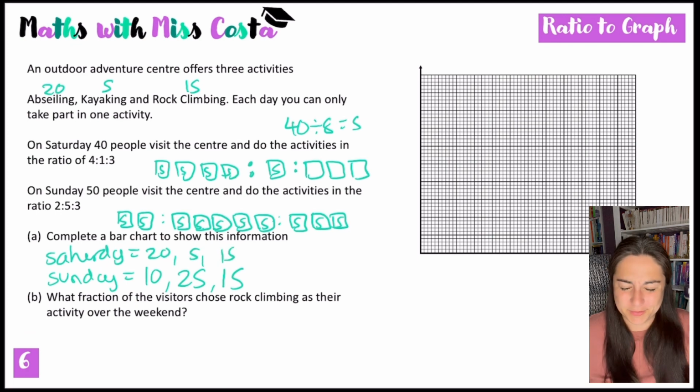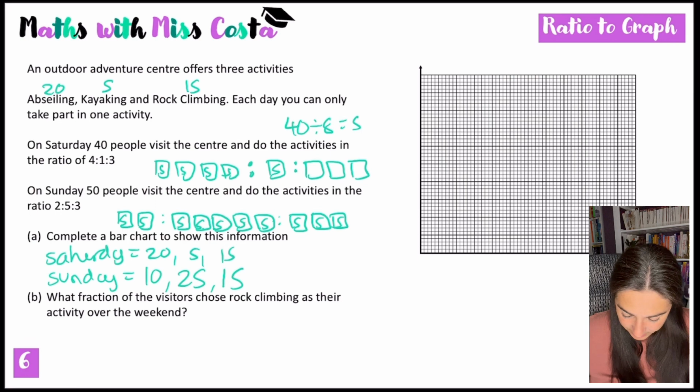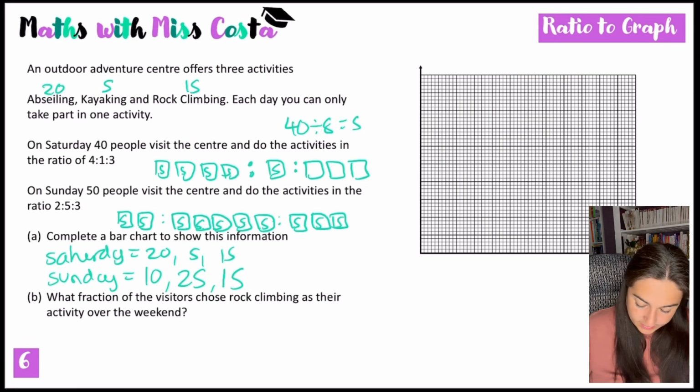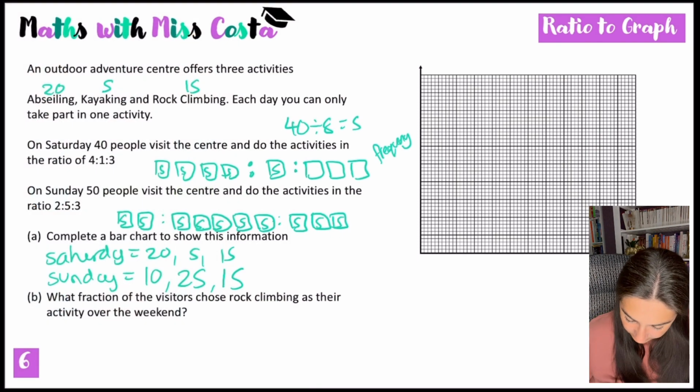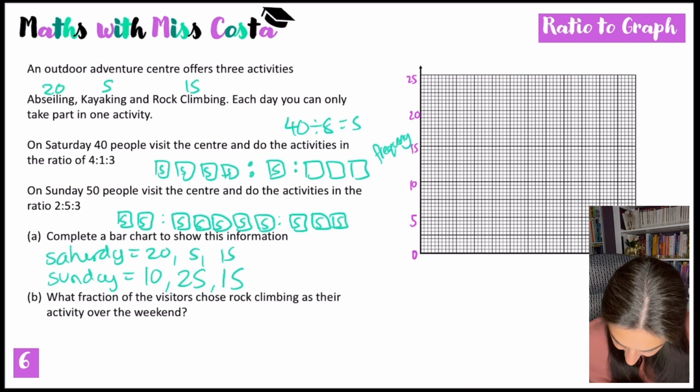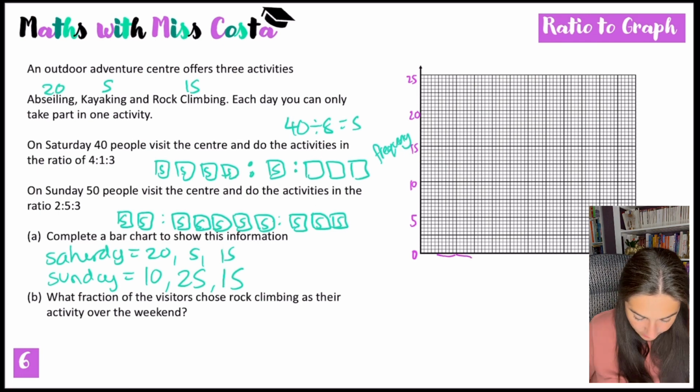So we need to complete a bar chart to show you this information. So, bar chart. Okay, so over here we'd have our frequency along this axis. That just means how many people attended. So the maximum amount was 25, so we could go up in 5s. 5, 10, 15, 20, 25. 0. And it's a bar chart, so let's see, do we have enough space? 1, 2, 3, yeah. Okay, so on the Saturday,